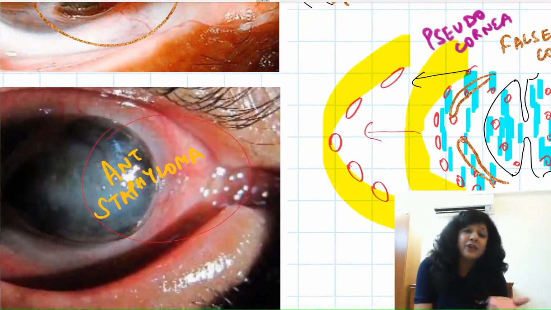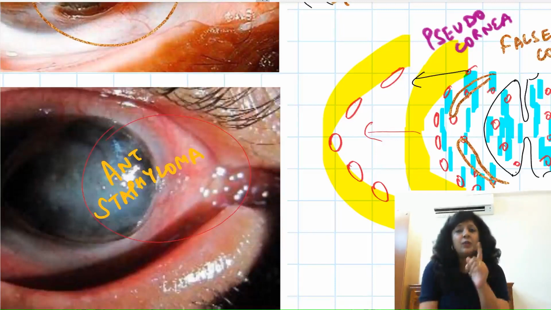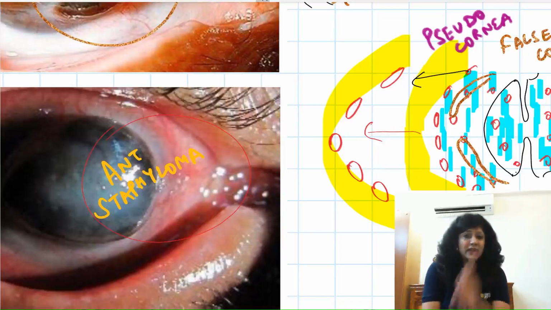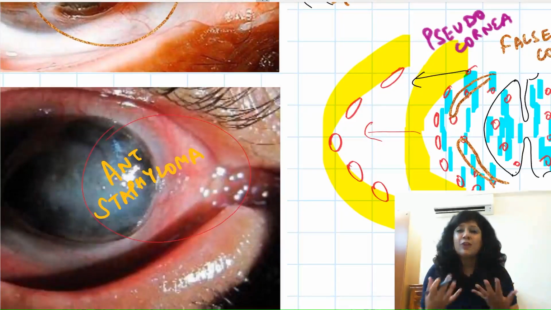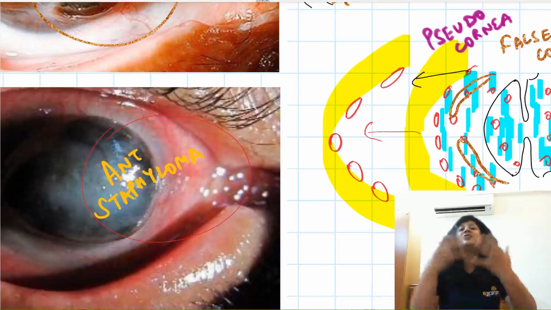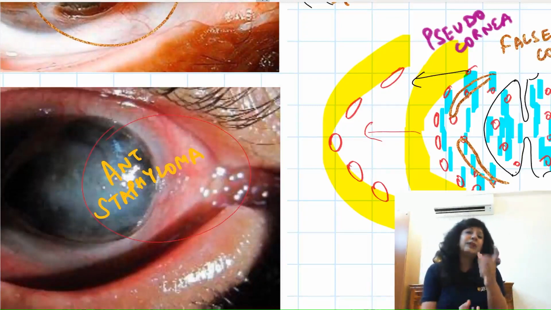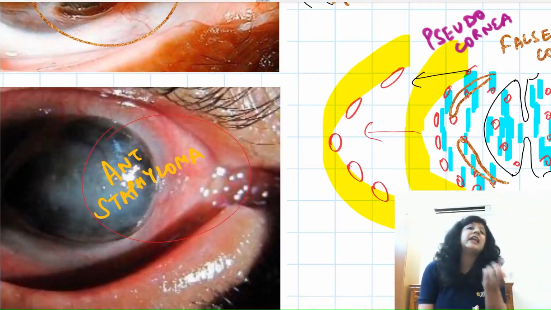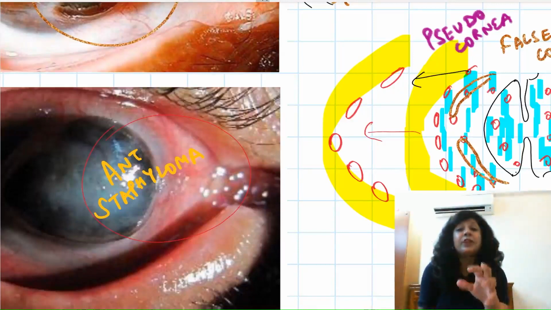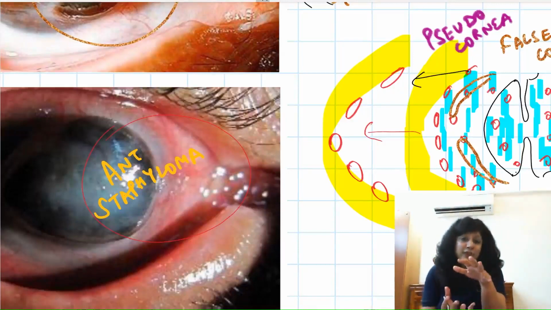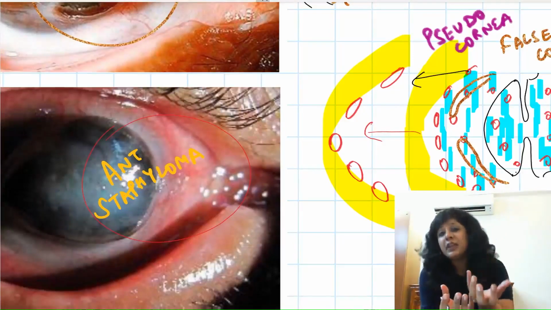Here we have covered the sclera also, because not too many things are asked from the sclera. One thing is the blue sclera that we had covered with congenital glaucoma. Another important thing is the staphyloma. Staphyloma means whenever we have ectasia in the outermost fibrous layer of the eyeball. This fibrous layer consists of the cornea and the sclera. So in the perforation of the cornea, we have this anterior staphyloma. Here we have the ectasia of the cornea.